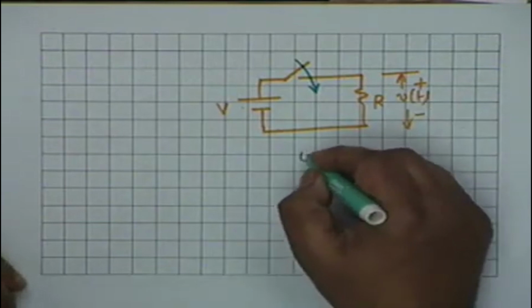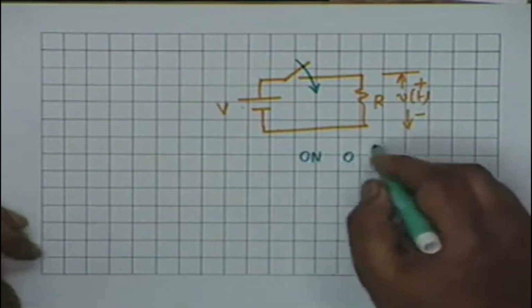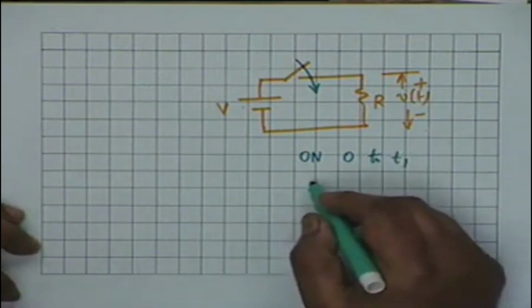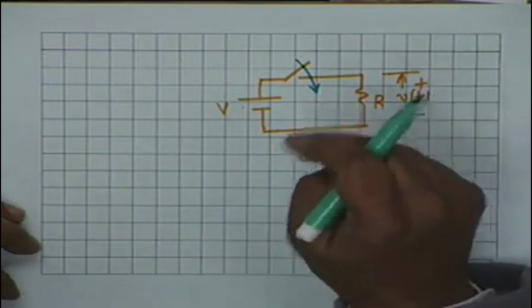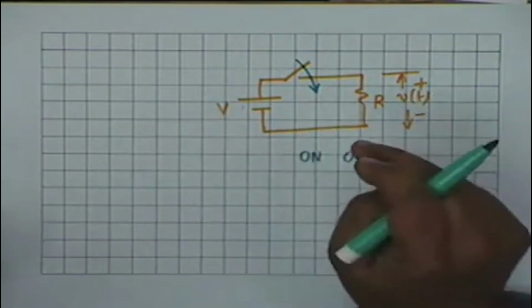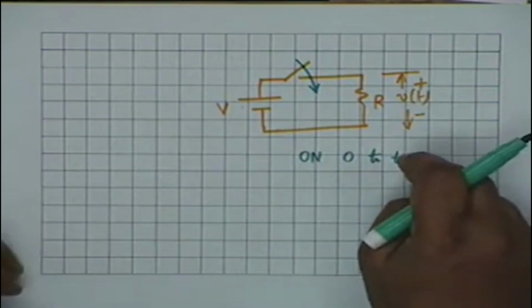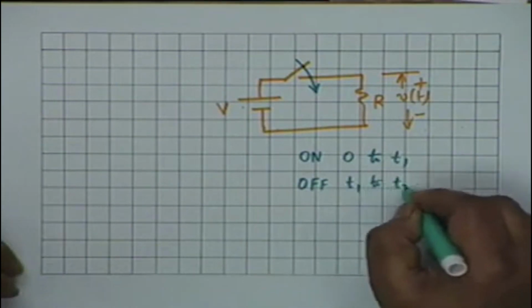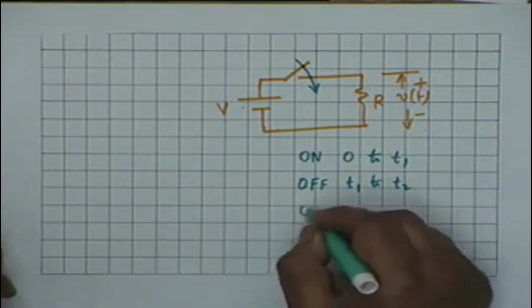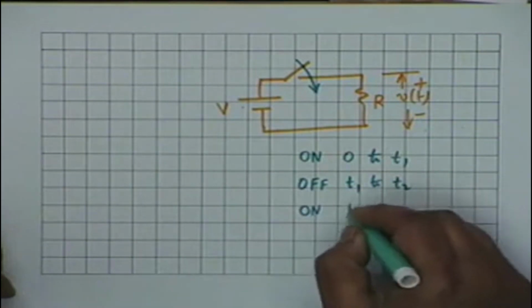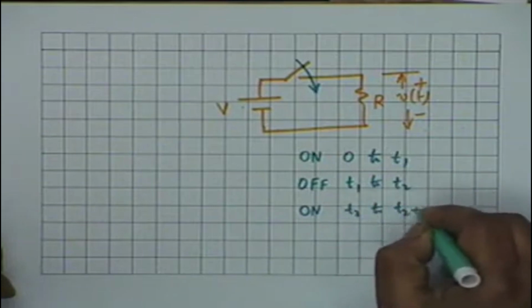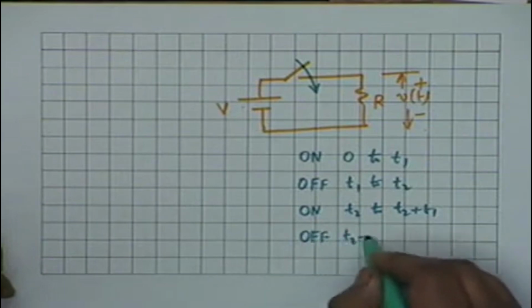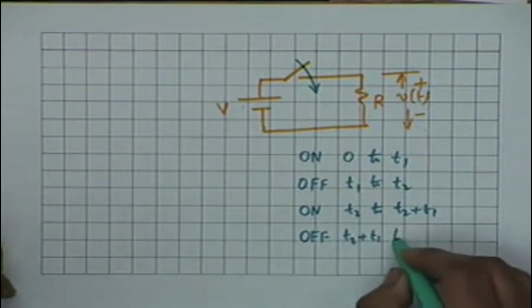Let us say that it is on for 0 to, let's say, t1. All right, that is, it is put on at t equal to 0. Then it is kept on up to time t1. Then it is put off, that is t1 to, let's say, t2. Then again maybe it is put on, let's say t2 to t2 plus t1, and off from t2 plus t1 to